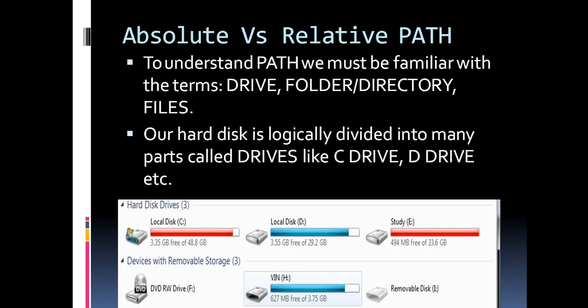Before moving further to our concept of binary file operations, there is a concept called absolute and relative path that we should know, so that in future whenever we want to access a particular file or folder in the directories, we know how to use or access them in programming, right?